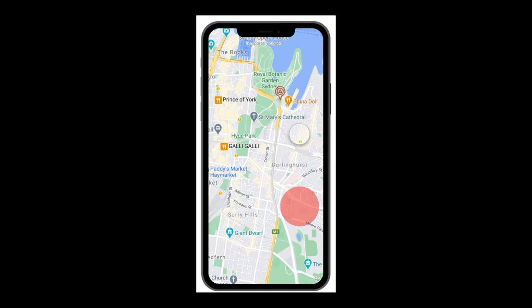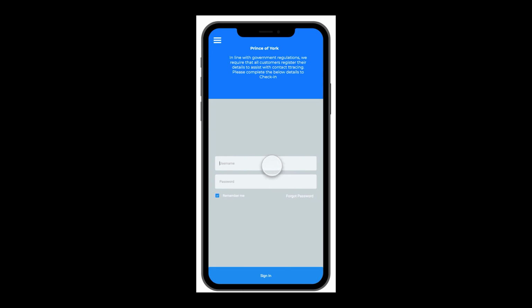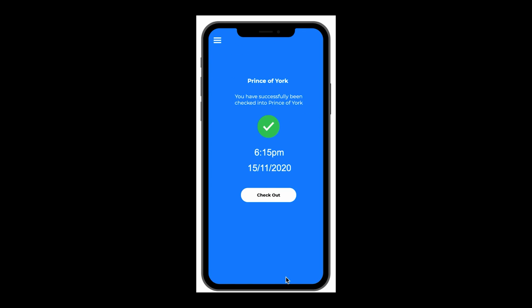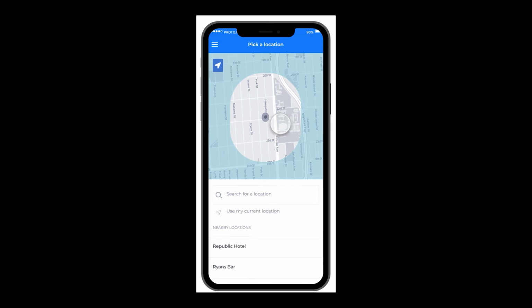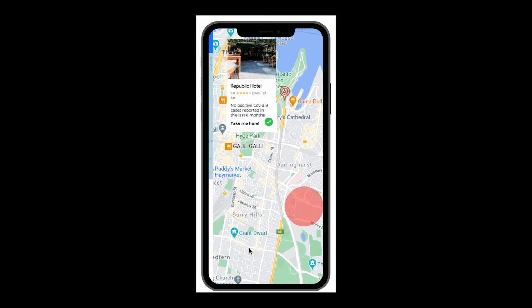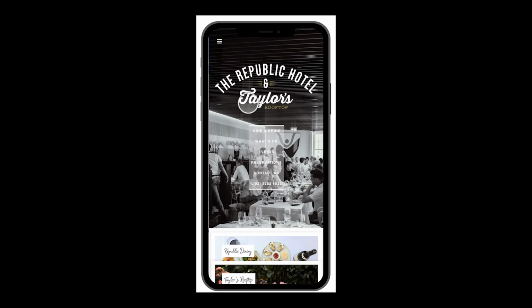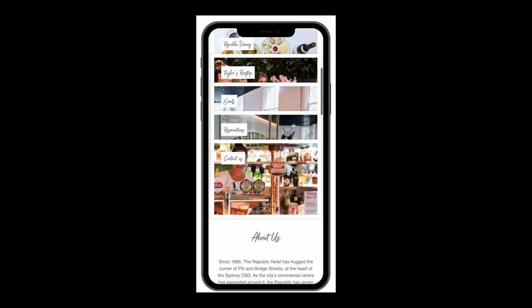This app uses a very simple check-in process, which only asks for your login and password. The other personal information is remembered from when signing up. This app also gives you the feature of checking out, which allows you to record the exact time that you are at a particular venue. This prototype also allows you to easily visit the website or venue for which you are planning to visit, so that you can easily read the menu or look at images of the venue.